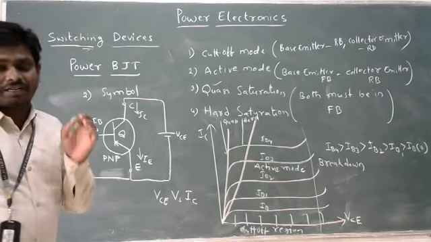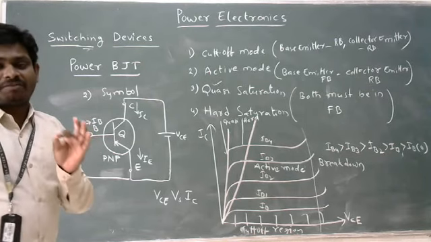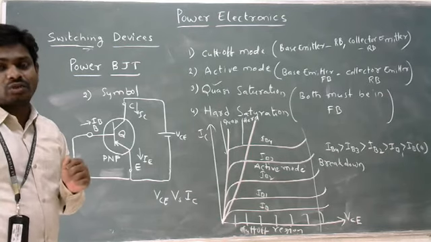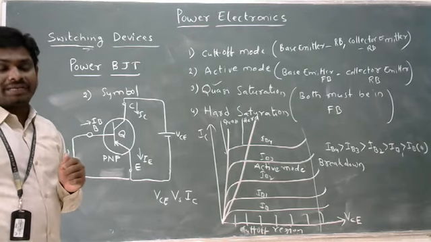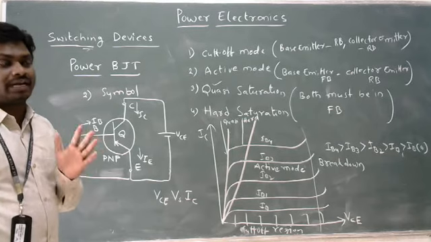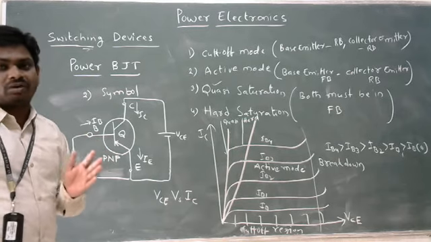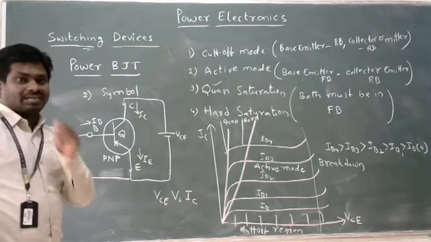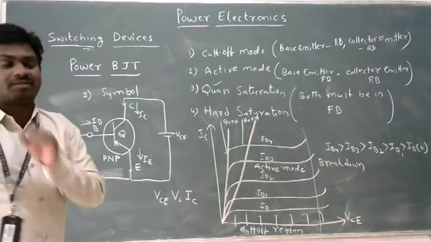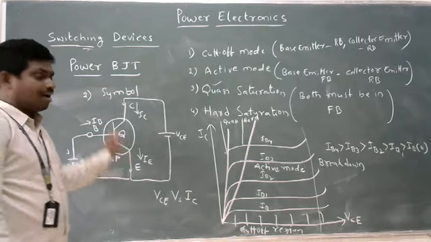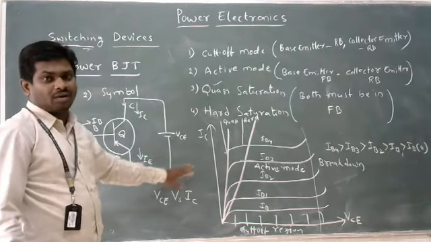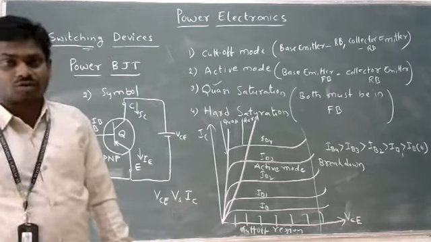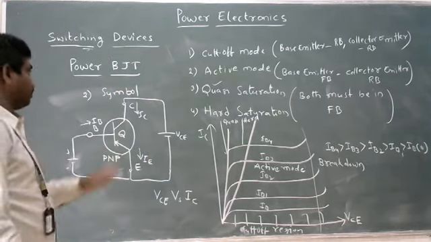This is a very important parameter to be remembered forever, because many times in competitive exams they ask what a power BJT is. They give options like voltage control device, current control device, power control device, none of the above. When a question is given like this, you are able to answer it based on all this theory part. If you know all this theory, then only you can answer that question. Please remember this forever.